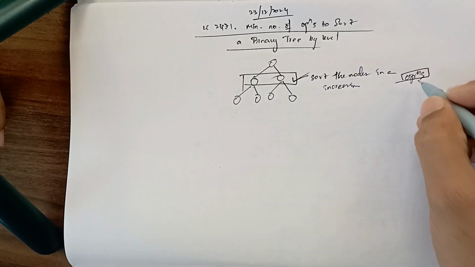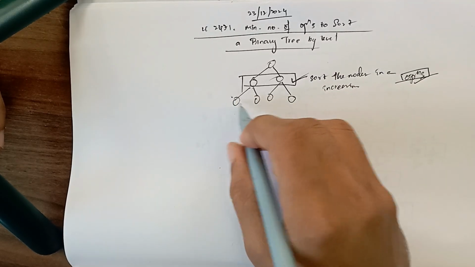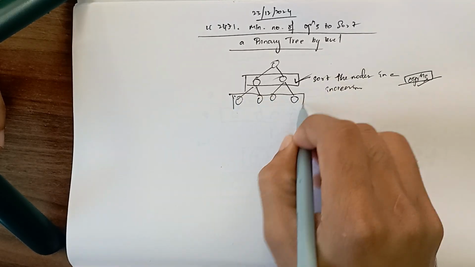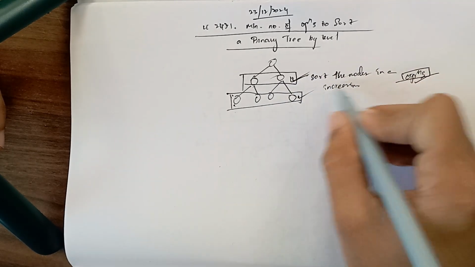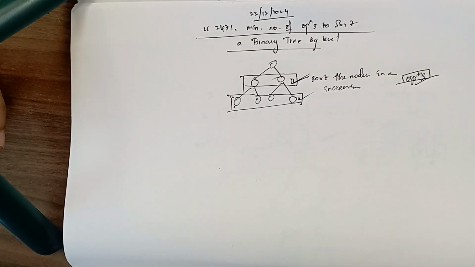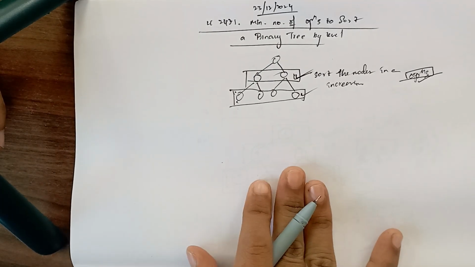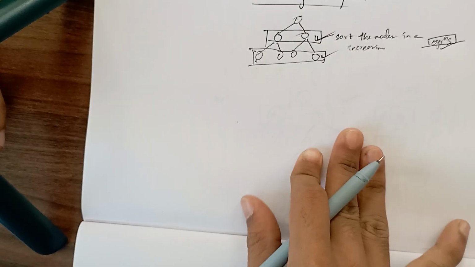So for level 1, increase the operations by the minimum number of swaps, and for level 2 and level 3, sort the nodes and count the operations. That means the minimum number of swaps to make it sorted. Example,